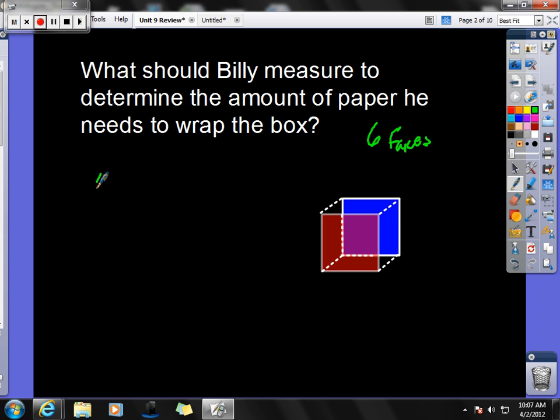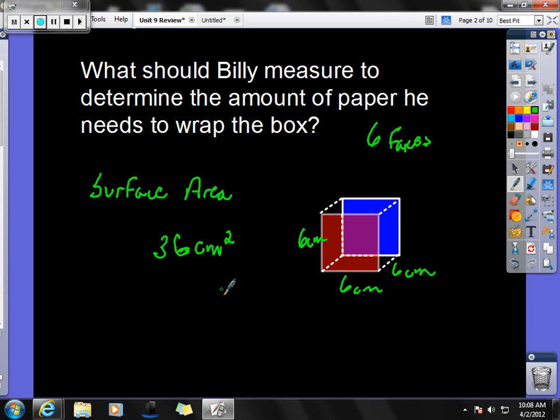And I know that when we're dealing with paper and I'm trying to wrap this box, I'm really trying to cover surface area. And when I'm dealing with surface area, I need to know how much paper is going to wrap that entire area. If this were 6 centimeters, this were 6 centimeters, and because it's a cube, this were 6 centimeters, we would know that each face would have an area of 36